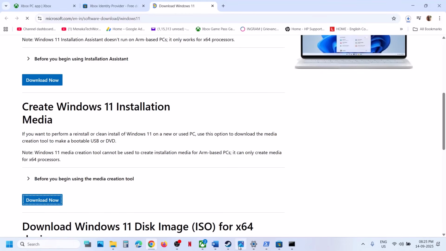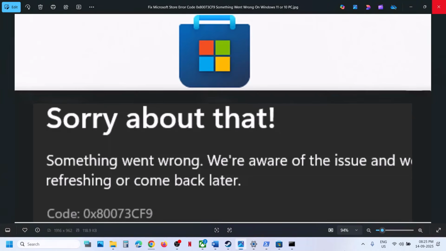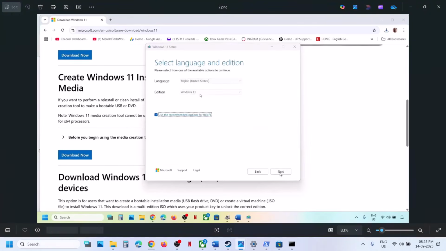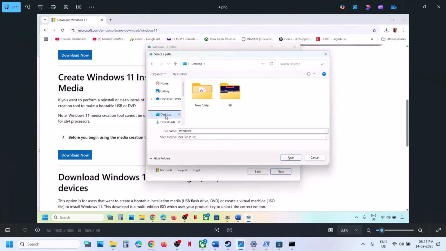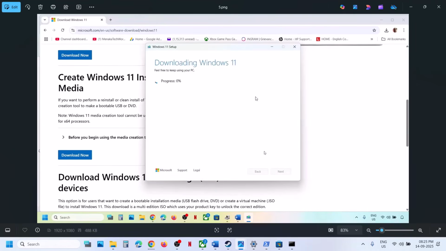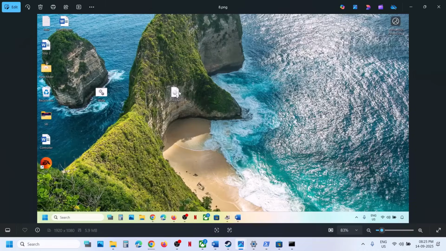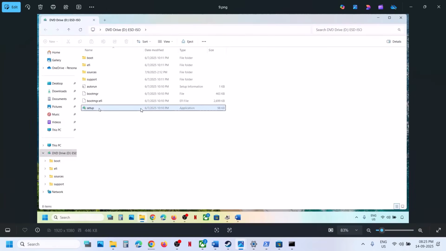Now once you run the exe file, you will see this screen. Now click on accept over here and then click by default Windows 11 would be selected. Click on next. Now select ISO file over here and then click on next. You can save it to desktop. Click on save and then let the download complete. This process will take some time, and then click on finish and let this close automatically, and then go to desktop, make a double click on Windows ISO file, make a double click on setup file, run the setup file,